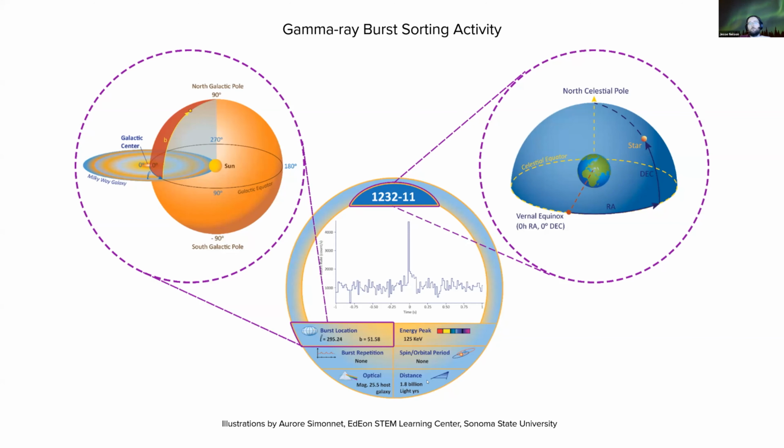And then we also tell them what the distance to that object was in light years, which is just the distance that light travels in a year in a vacuum. So in this case, it was 1.8 billion light years away. That's well in excess of the diameter of our Milky Way galaxy, which is only about 100,000 light years. So this is a very distant object, which gives some level of indication of how energetic these objects must be if we can detect them from those vast distances.